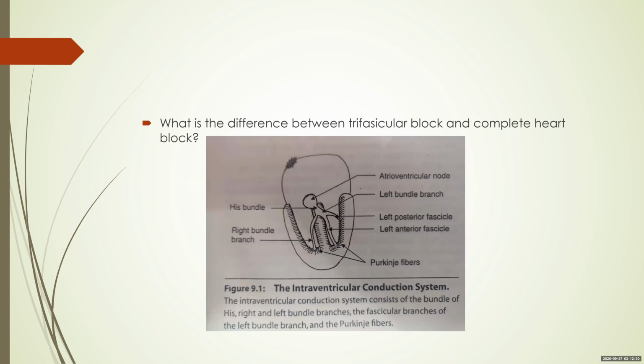This will also help you understand the difference between a trifascicular block and a complete heart block. All right. A trifascicular block means all three fascicles, that is the right bundle, the left anterior fascicle, and the left posterior fascicle, have slowing down of conduction, but either of them may or may not be completely blocked. But in complete heart block, all three fascicles are blocked, and the atria and ventricle conduct and act independently. There is no atrial conduction to the ventricle. So this is the difference between trifascicular and complete heart block.